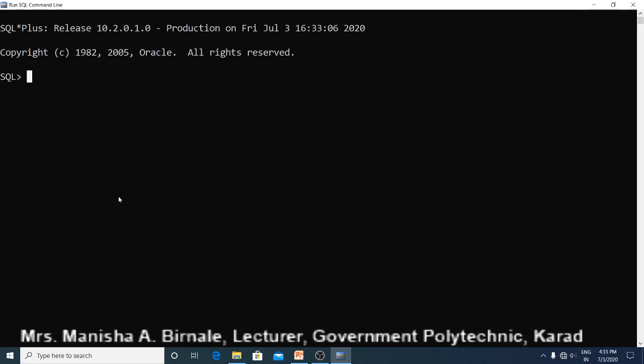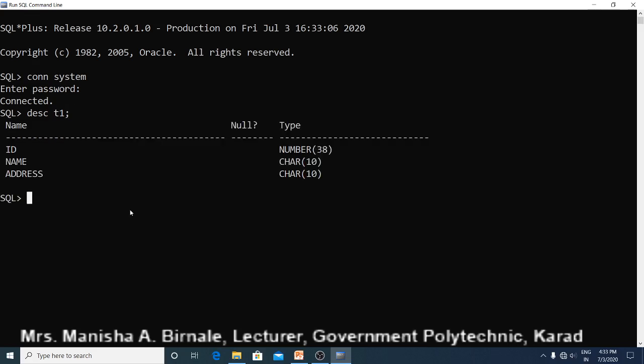So our database was closed abnormally. Let us see whether the changes done by our commands are saved. We had created one table T1, so let us see whether that table is present using the DESC command. The DESC command will display the structure of that table. So it displays the structure of the table.